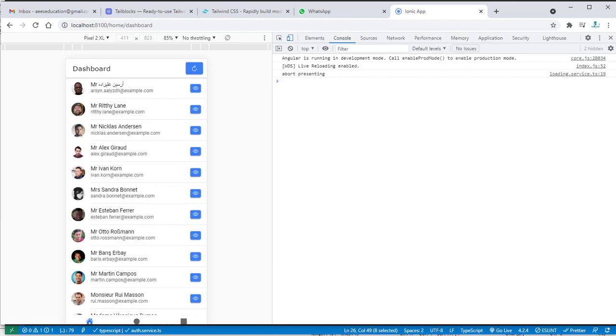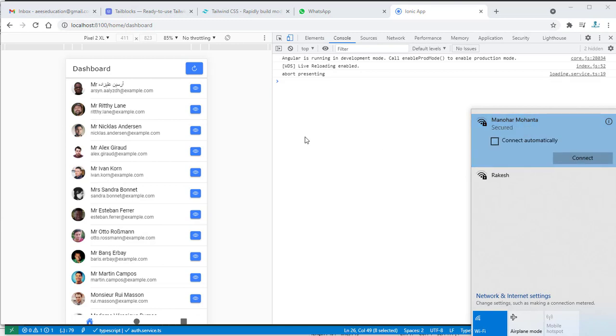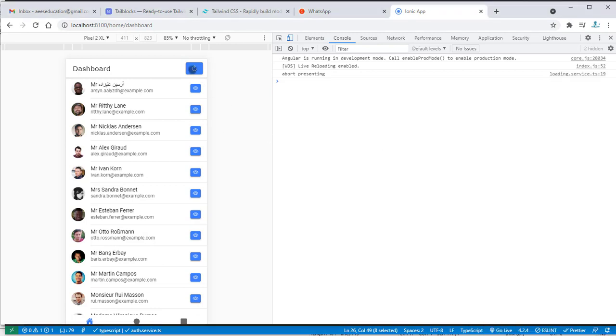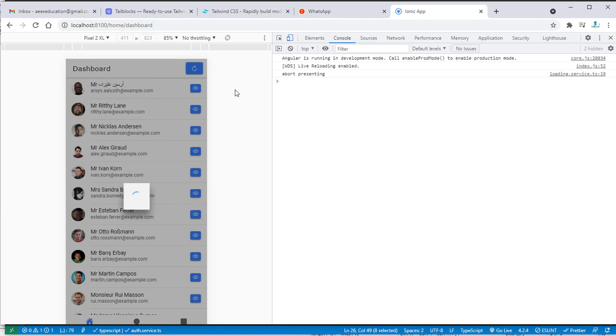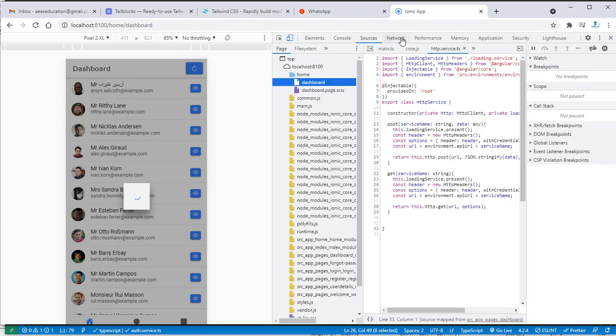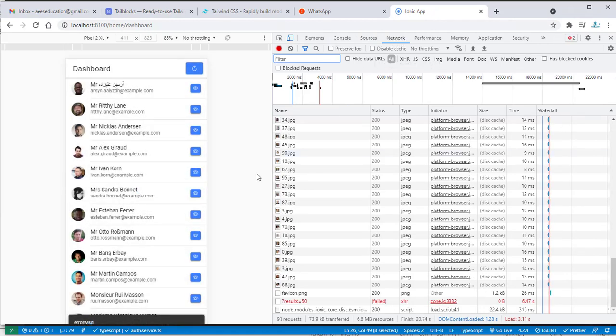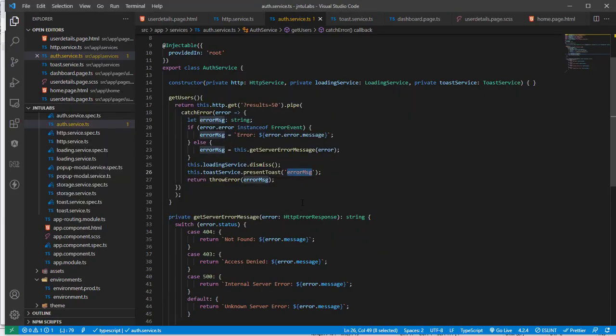I need to disconnect my internet. Just I'll disconnect my internet. Okay, I've disconnected my internet, and right now I'm reloading it. Network error. Now we got the message as the error message.